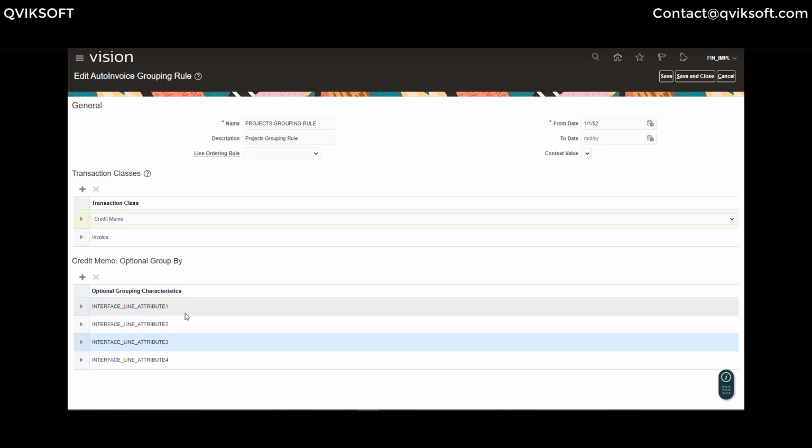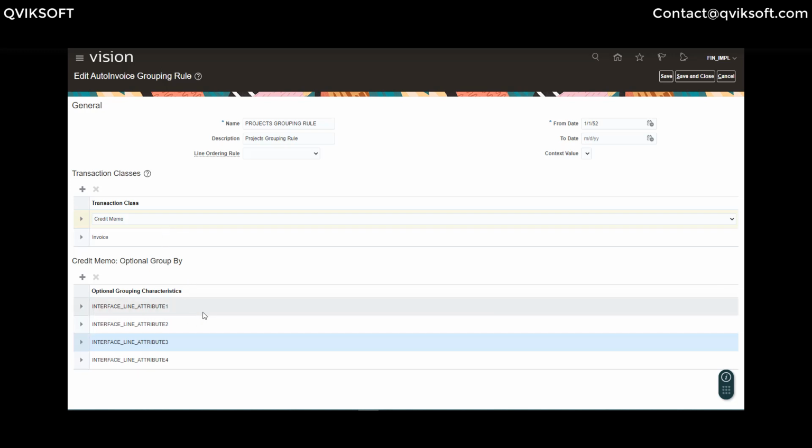Yeah, if it works. Another important thing you have to see: all this system is seeded, right? Projects, order management, global intercompany. When you play with these rules, it may work on one side. When I say one side, I mean when I remove these two, my invoices, which were previously becoming 5, now become 2 because of the grouping.